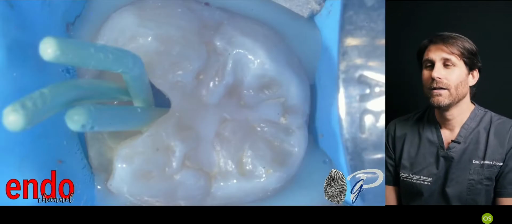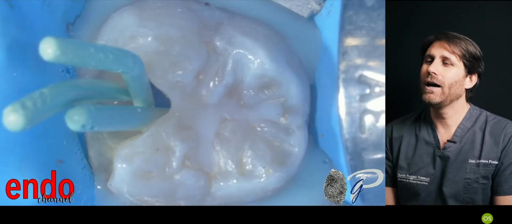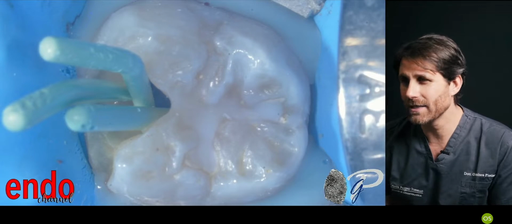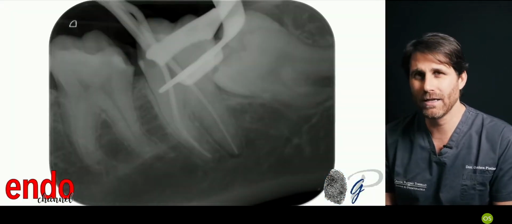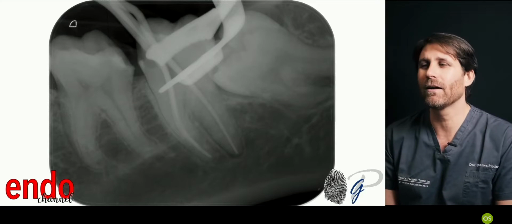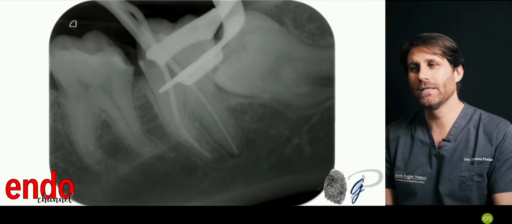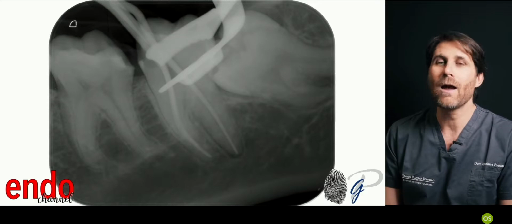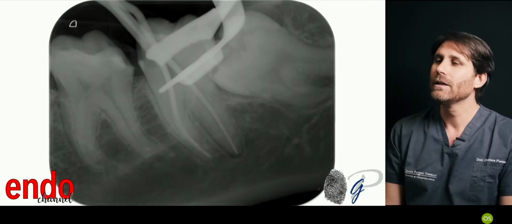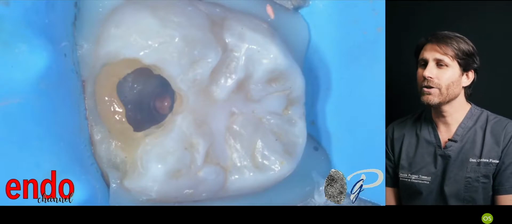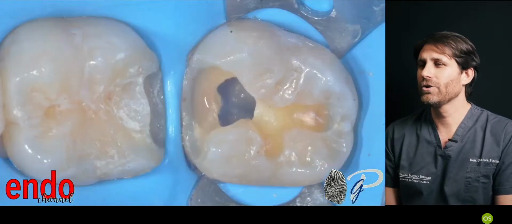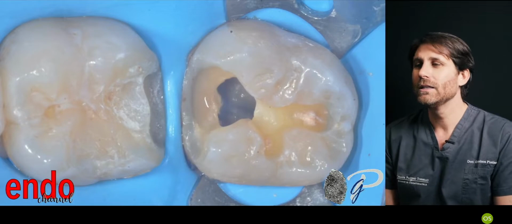working length. Managing endodontic obturation through this space is possible today, also given by the new endodontic materials that we have, hydraulic cements that are more flowable and easy to penetrate this, and we will see in the obturation part in this channel. And this is the final obturation, the picture after obturation of the distal and mesiobuccal root canal,